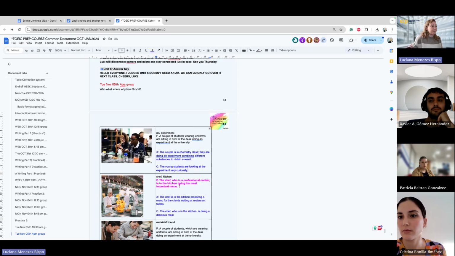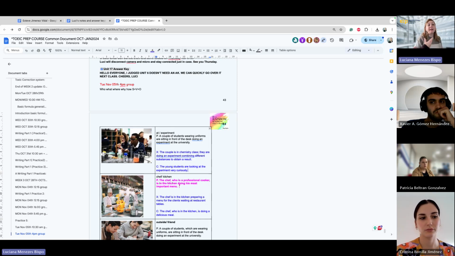Of course, if you say the student is wearing glasses, it's not a good sentence because it's not relevant to the picture. However, if you say the student is wearing safety glasses because he's at the laboratory doing an experiment, the thing changes because you are using relevant, specific vocabulary for the laboratory. So it's a combination of everything. Okay. All right. Any other questions?